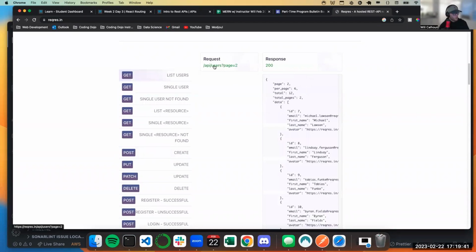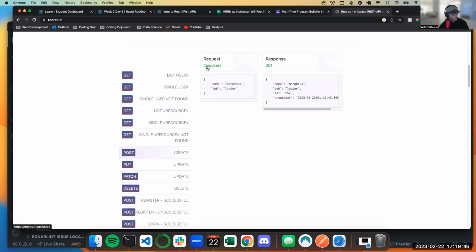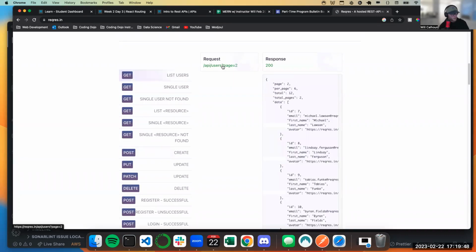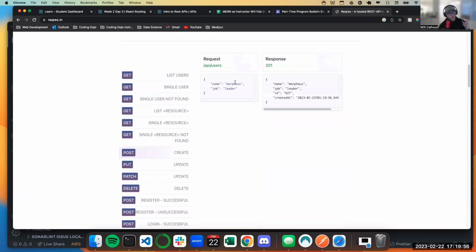So although list users and API users, other than the question mark and page 2, are the same thing, they differ because of their method. GET means I just want to retrieve information. But when this API receives a request to API users with the method POST, it's saying, oh, you want to create somebody new. Okay, perfect, I can do that.